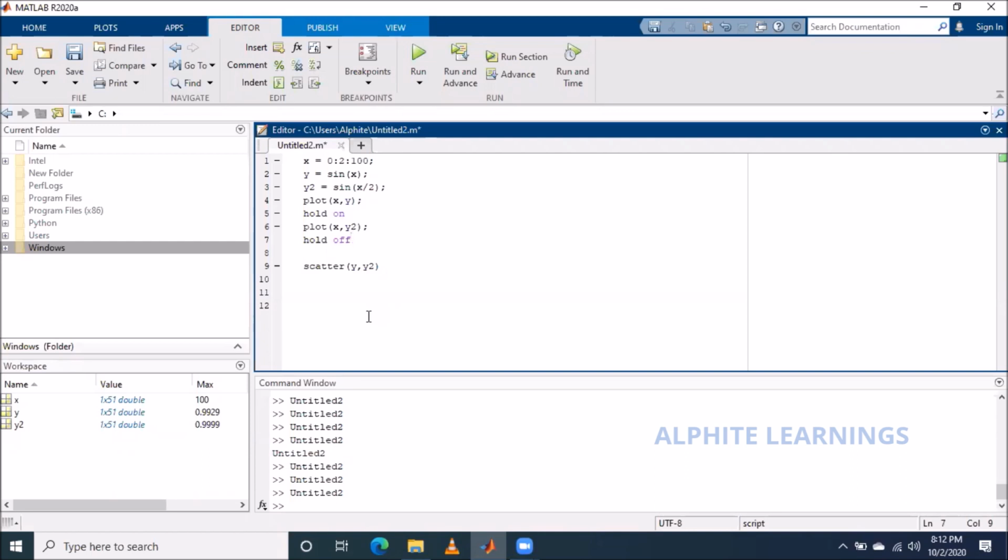So now we have clarity on how to plot a graph, how to compare graphs in a single environment, and how to plot multiple graphs in a single graph workspace, right?